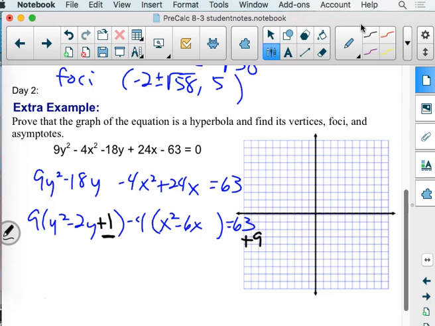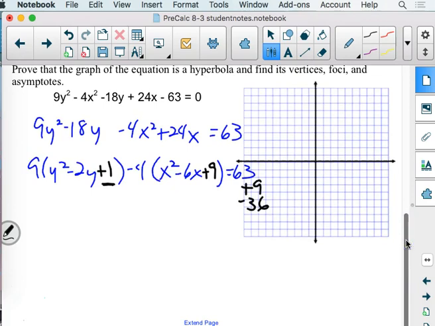9. How about the x's? We need 9. Did we just add 9 to that side? Oh, in fact, we didn't add it at all, did we? We did. -4 times 9, subtracting 36. So let's see what this big mess looks like once we've done our addition and subtraction on